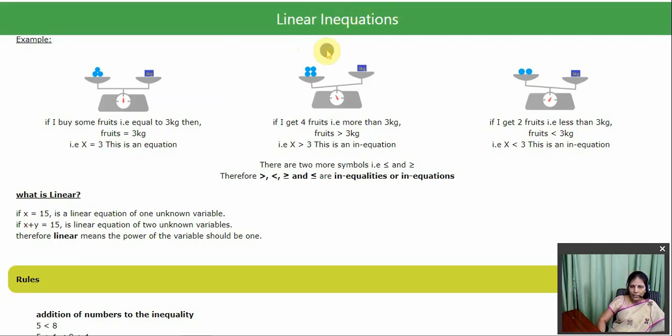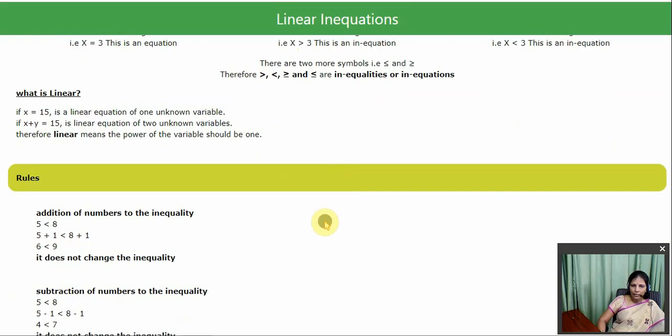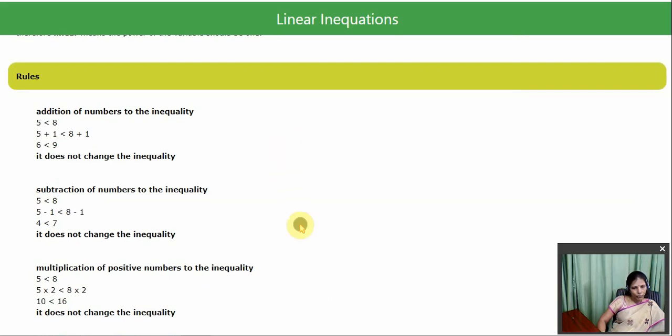So now we are going to see about linear inequations. Before going into the sums, we will see certain rules which we need to know before applying in the sums. Right? Now we will go into the rules. Very few rules we have, very easy, you can understand well. Now addition of